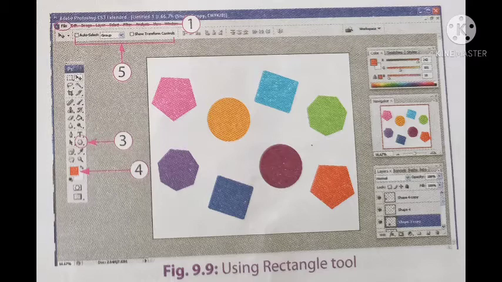Enter dimensions in the new dialog box and click on the OK button. Then click on the rectangle tool and click on the foreground color box in the tools palette and select the required color from the color picker palette. Select the required shape from the options bar. Click and drag the mouse pointer in the workspace to draw the required shape.